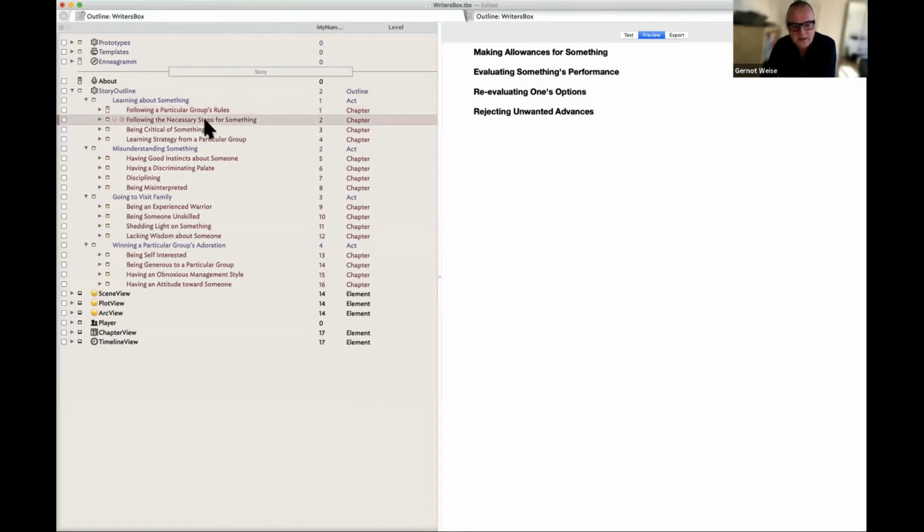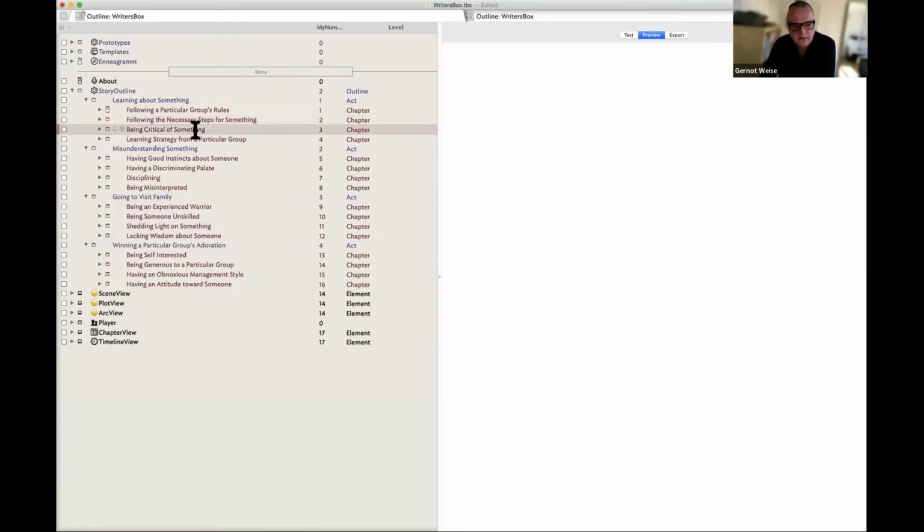These conflicts might bring up further complications, set up here for example by following necessary steps in the school. Then this complication might come to a confrontation in the third chapter of the first act, where maybe you will be criticized for trying something. And this will lead to an outcome in the last chapter of the first act, which then leads to the next act and so on.